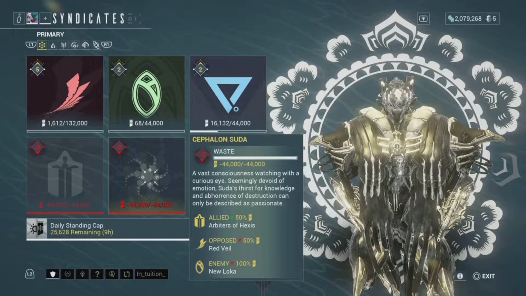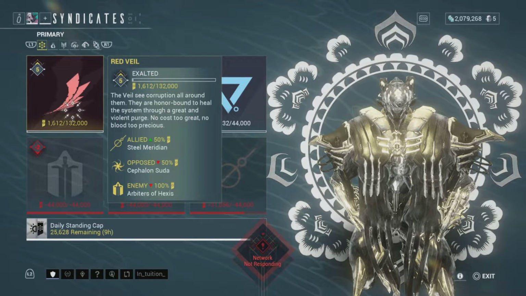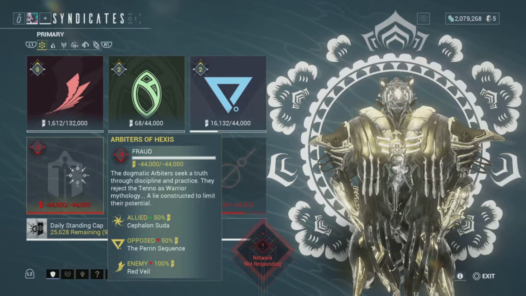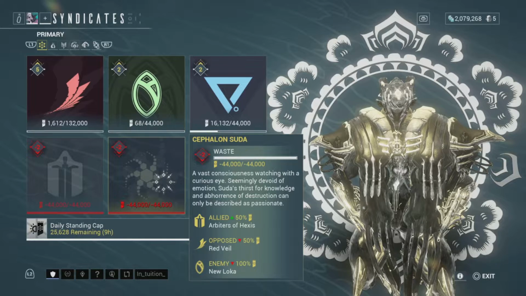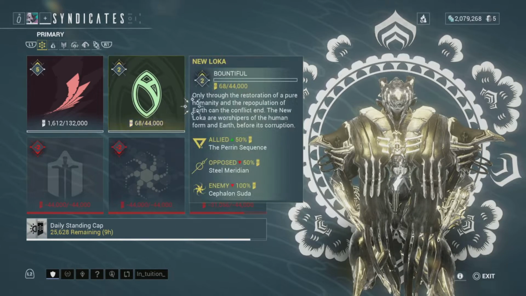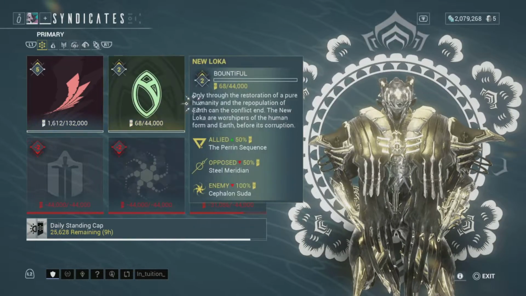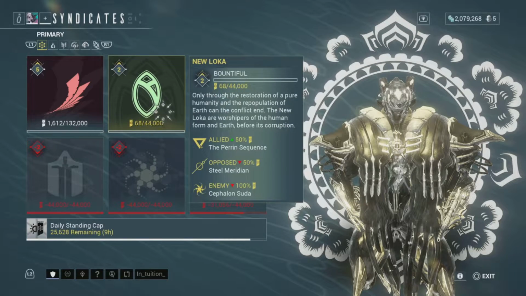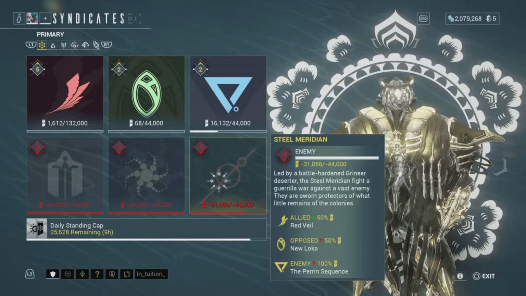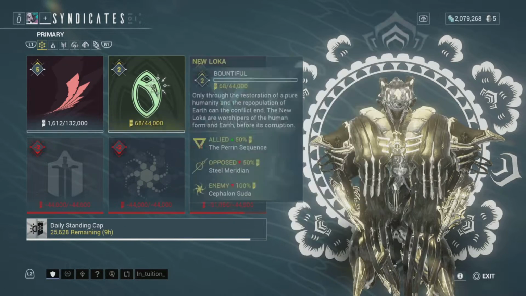I will oppose them. Okay, so as I play missions with their sigil to get their standings, it will reduce their standings, but it won't reduce the standings of the ones I take with me. Because with Red Veil I can take these two with me, so it will oppose them as well. As you can see, they oppose New Loka, and Perrin Sequence is the enemy to them. So yeah,